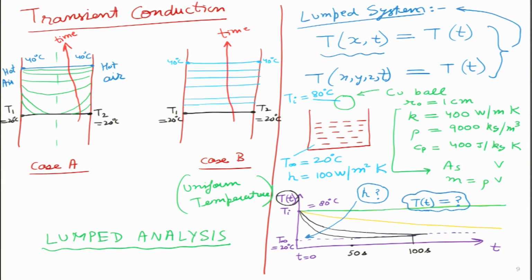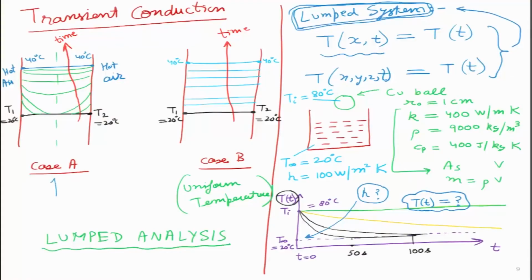And all this analysis that I am doing today is only for lumped system. So I am going to highlight it once more over here, that whatever I am doing today is just for lumped system, because that is the easiest thing to do. If you go back to the left side over here, case A may occur many times, because we cannot make the lumped analysis unless certain criteria is fulfilled. In those conditions the solution becomes very complicated.